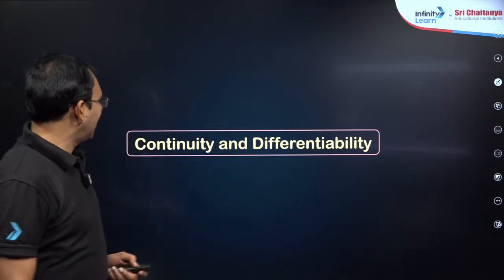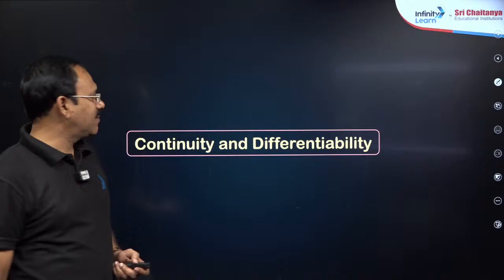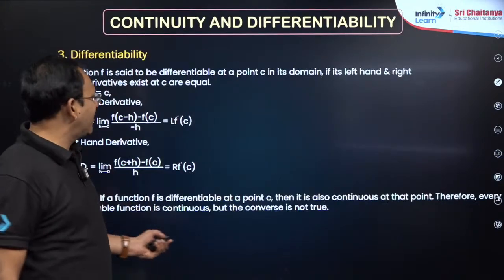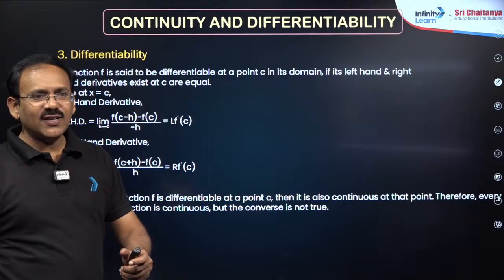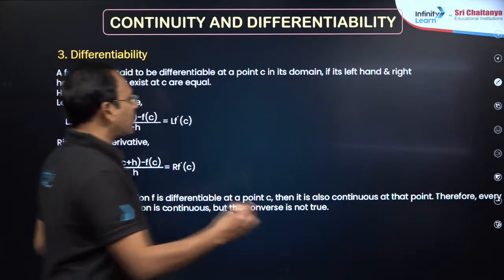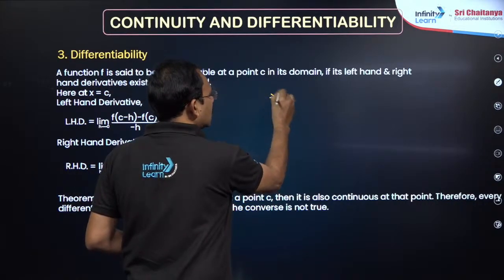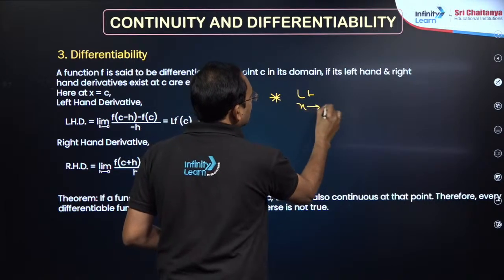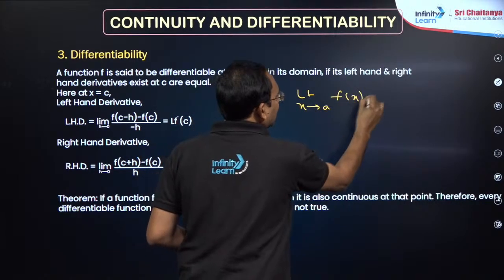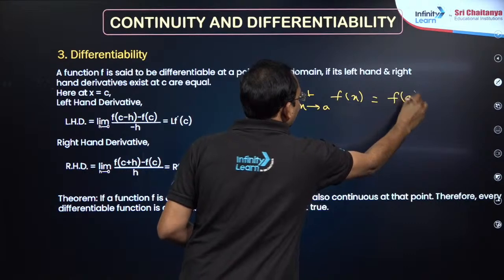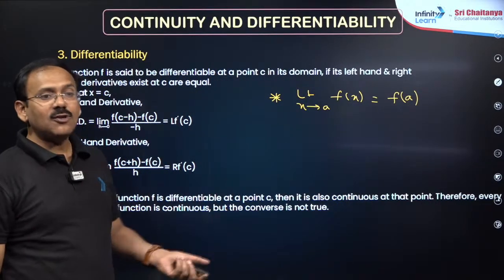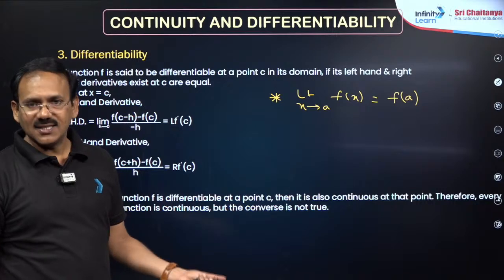Yeah, chalo. Next, continuity and differentiability, बच्चों. Don't worry with all this. Continuity differentiability means simple. Suppose if you want to say function is continuous at x equal to a, simple: limit x tends to a, f of x must exist and must be equal to f of a. If limit does not exist or fails to be equal to f of a, we say discontinuous.